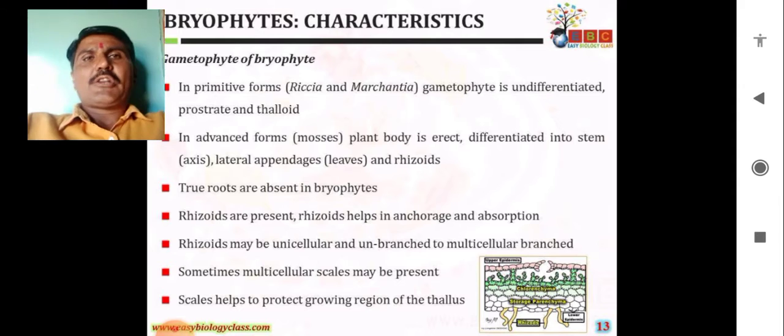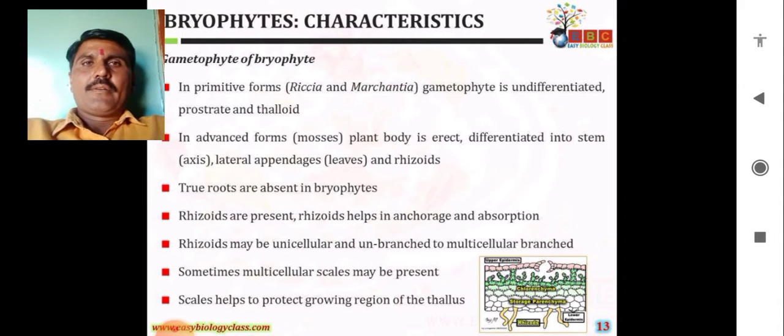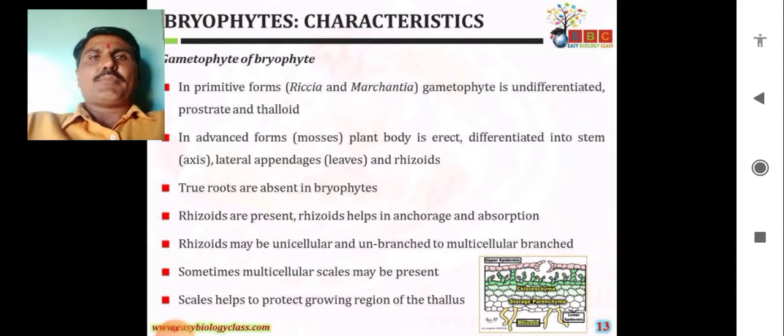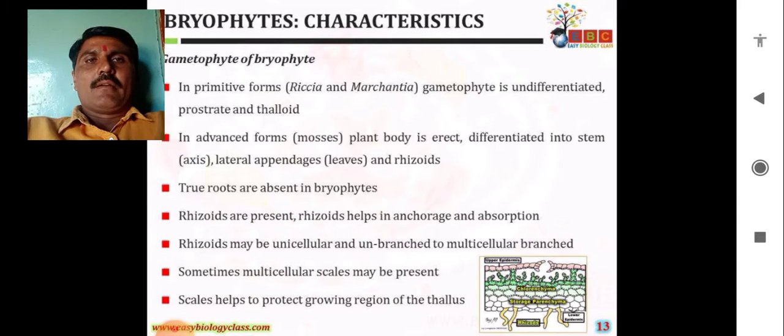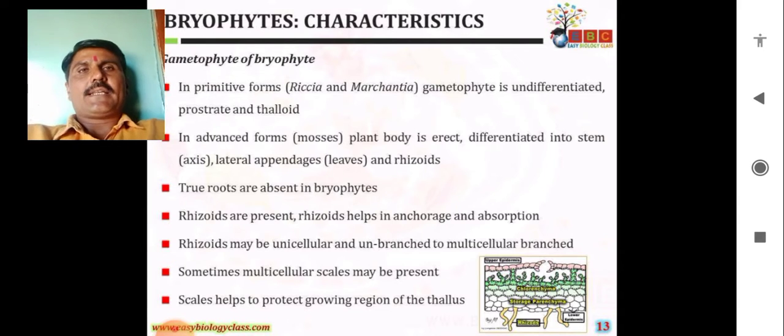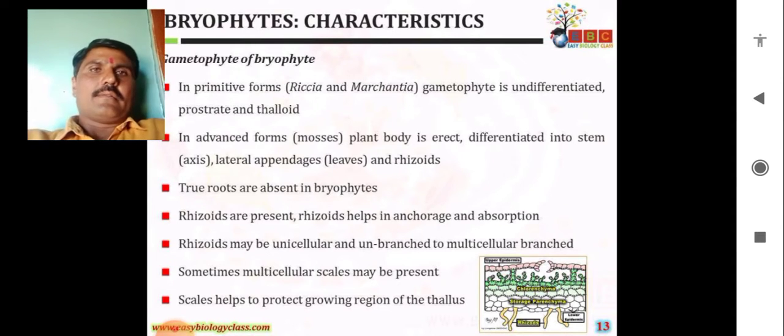Well, friends, I will be dealing with you on the paper, the diversity of cryptogams II. In that we are going to study bryophytes as well as pteridophytes. While studying the general characters of bryophytes,